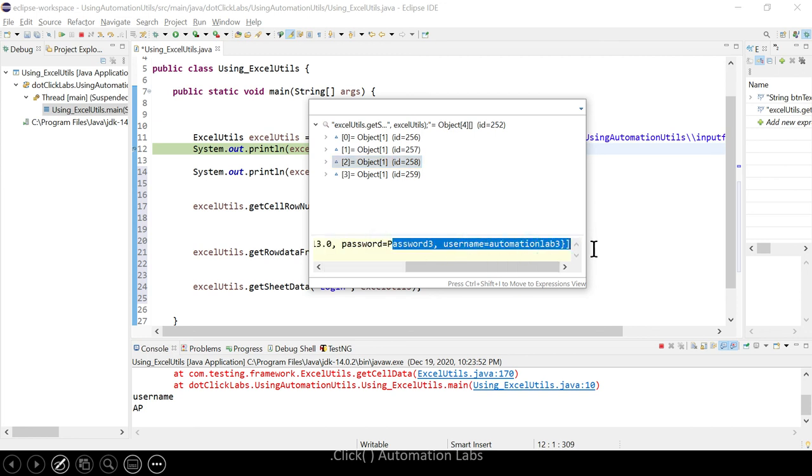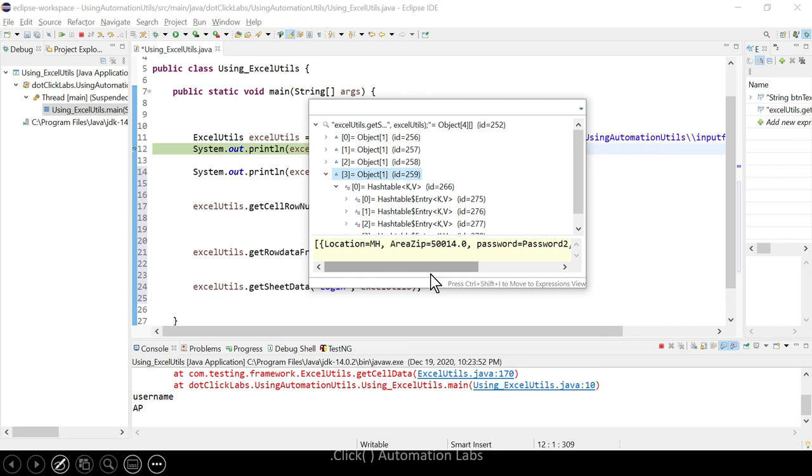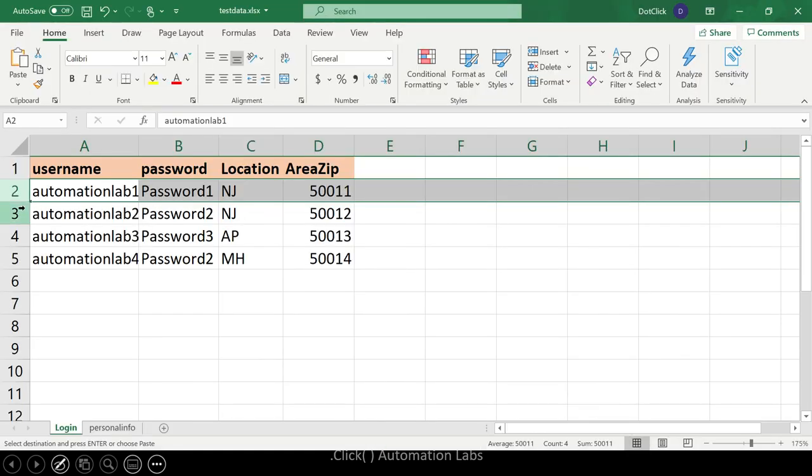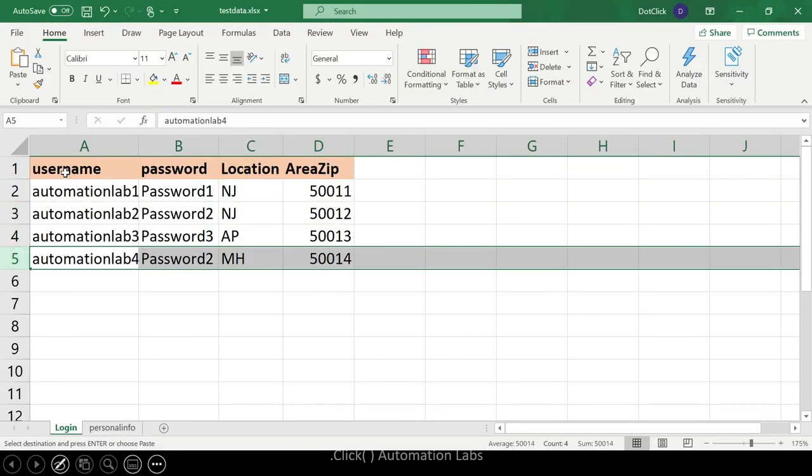Then you will see password 2, username automation lab 4. This is the last row. So it starts from 0, 1, 2, 3, excluding the headers. So this is how get sheet data will work.